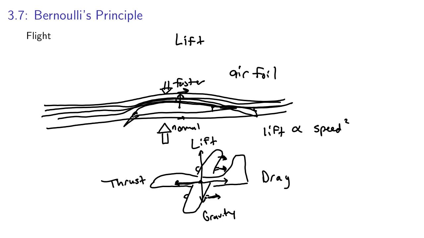And when these forces are at an equilibrium, the plane will be moving at a constant velocity through the sky. If we make lift a little higher, the plane will climb and gain altitude. If we make it lower, it'll begin to go down and descend. If we increase thrust beyond drag, we'll actually begin to accelerate and move faster and faster. If drag increases for some reason, or we lower our thrust, we'll start to move slower and slower through the